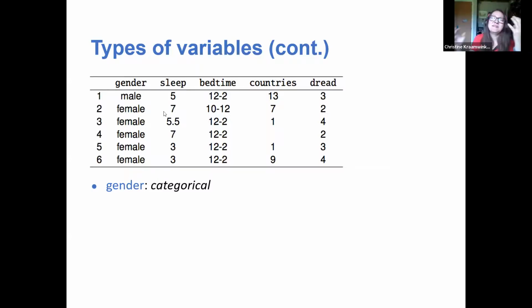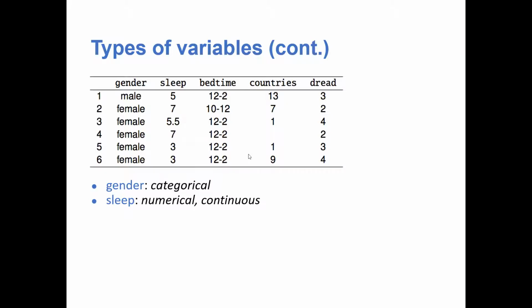Exactly. Discrete would be, it can only take on specific values, nothing in between. Continuous means it can be anything in the range. So this is definitely continuous. Now, if we look at the bedtime, what do you guys think this would be? Like the time someone goes to bed. Interval. Okay, we have interval here. Categorical. Okay, categorical. Let's see what the answer is.